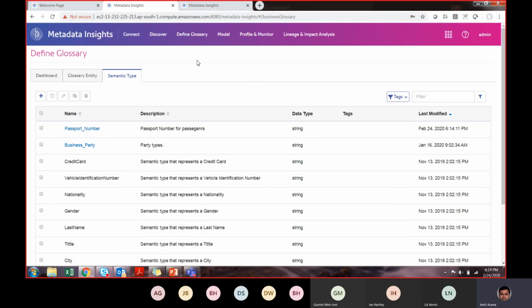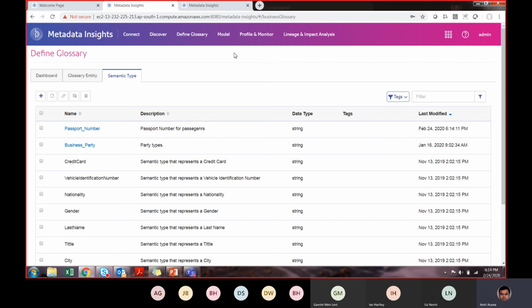Once you connect a data source and discover it, it will be able to identify passport numbers, and a business party. This is a central place for managing the whole semantic type. Once you define it here, every other application would be able to understand it. The canned semantic types work as is, but if you want to define your own PII, that should also be possible. Those are the possibilities for identification of PII,